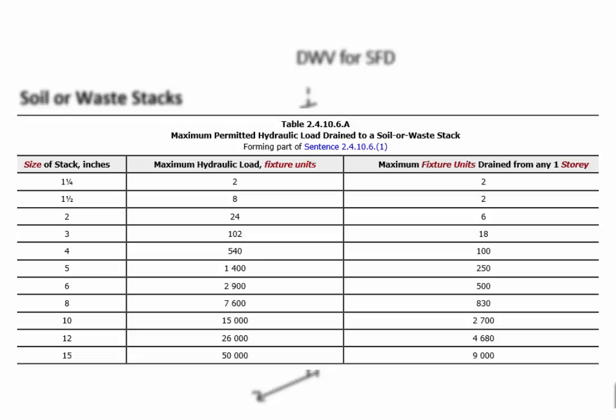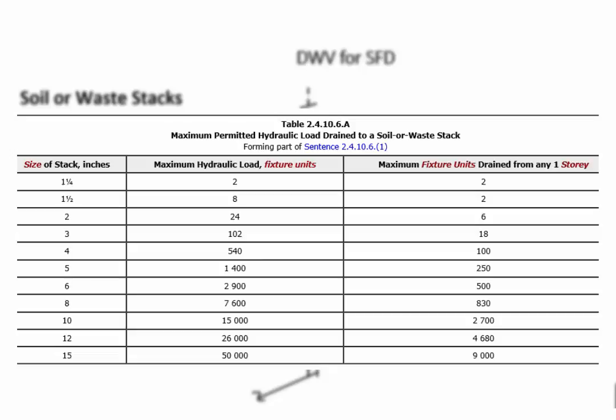But it's important to note that with the stack table, you have to accommodate both of those columns to the right. The middle column is for total load drained to the vertical portion of the stack, and the right column has to be accommodated as well to ensure that we're not introducing more than a certain load to the stack at each floor. What we're trying to limit there is diaphragming of the stack and positive pressurization of too much